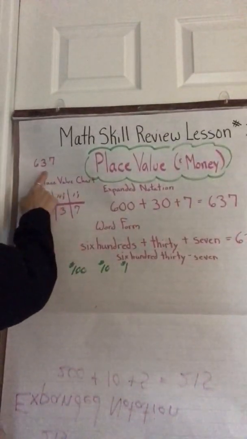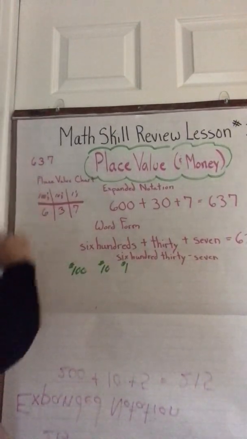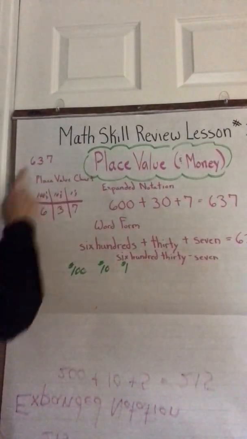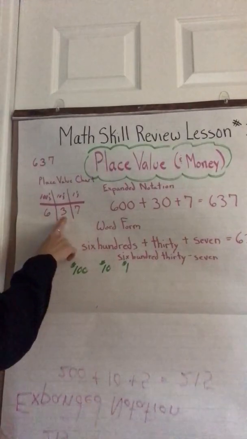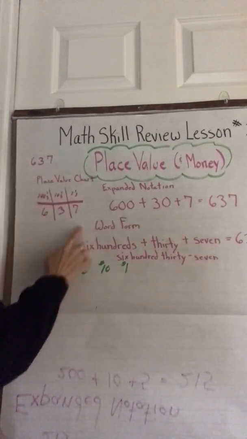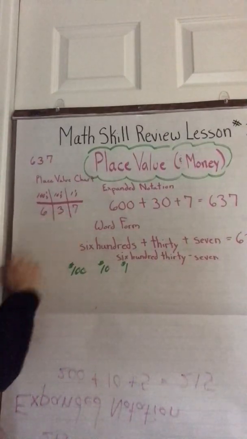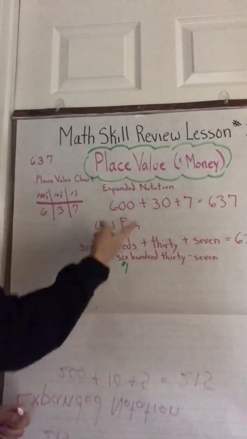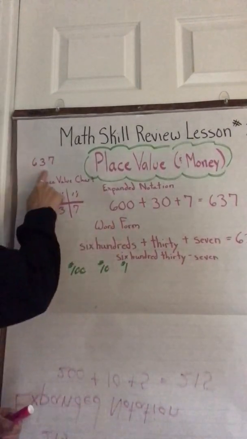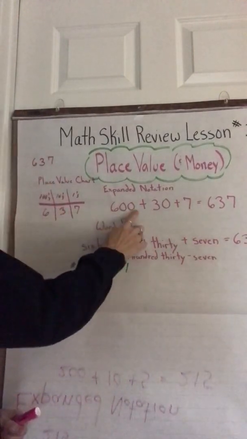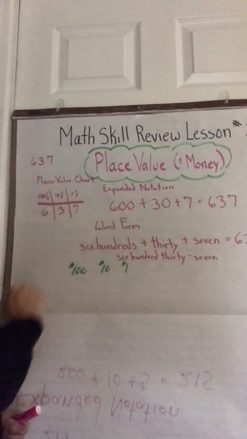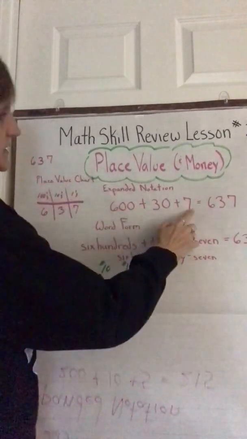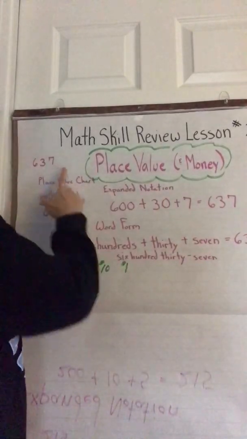So with the number 637, the 6 in the hundreds place would go here. The 3, the 30, which is in the tens place, would go here. And the 7, which is in the ones place, would go here. 637. That's how we would fill it in on a place value chart. Now I also did the expanded notation for this one, for 637. 600, just like we did the last one, because it's in the hundreds place, plus 30, because it's in the tens place, plus 7. 7 is in the ones place. Again, equals